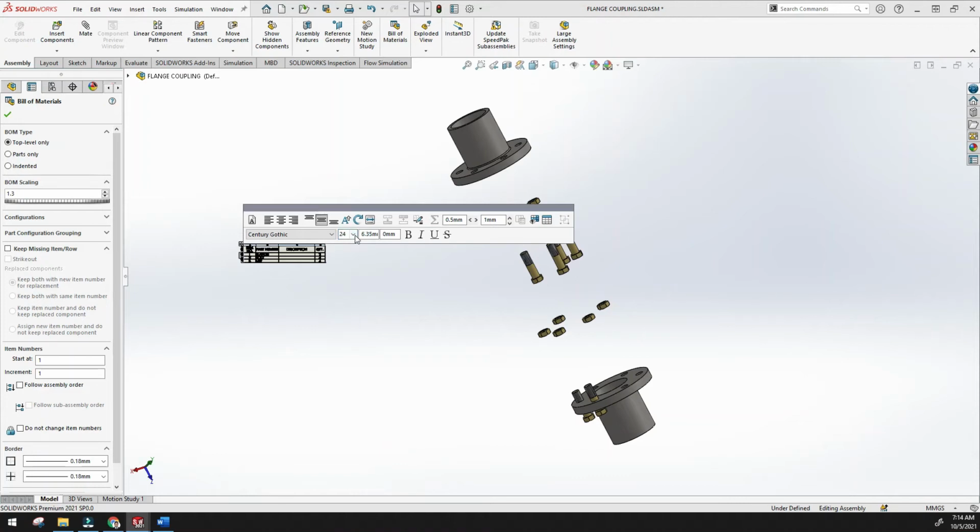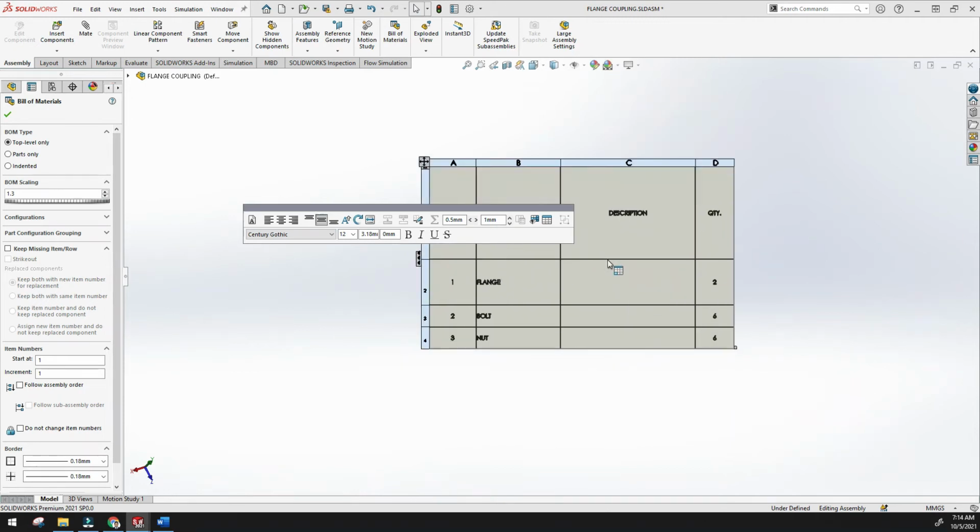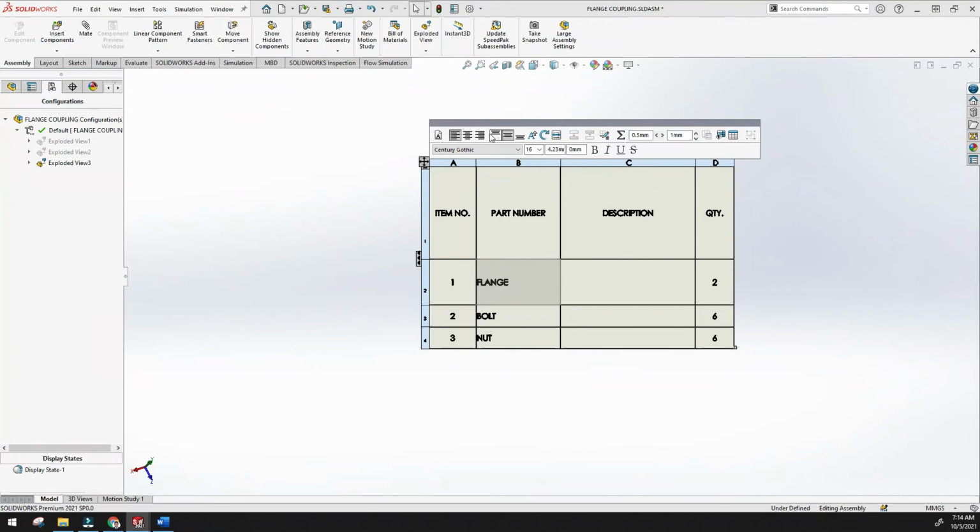You can change the size from here. Just click here and then you can change this. Okay, this alignment, all uppercase, you can change to all uppercase. Rotate, fit text, border edit, you can use the border edit from here.